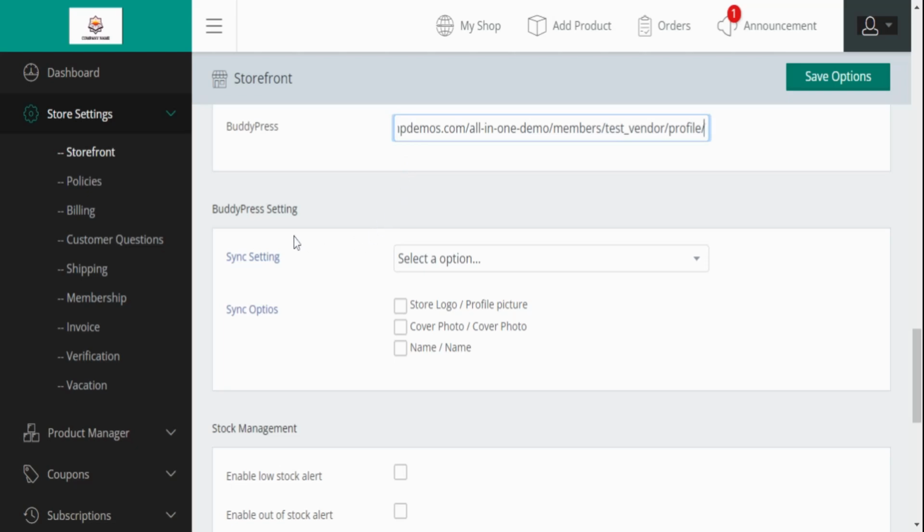link over here. The next set of settings sync the vendor profile with the BuddyPress. My store to BuddyPress. This means members in the BuddyPress profile can make purchases from the vendor's shop directly from the BuddyPress profile of the vendor. BuddyPress to my store. Selecting this lets customer information about the purchases, Order ID, shipping address, and so on, be available on the vendor's shop page profile,